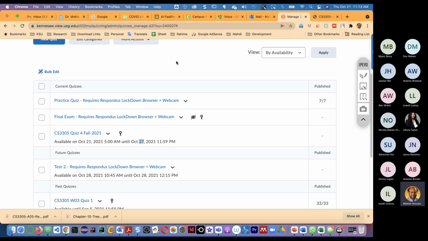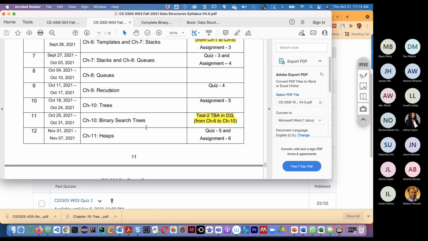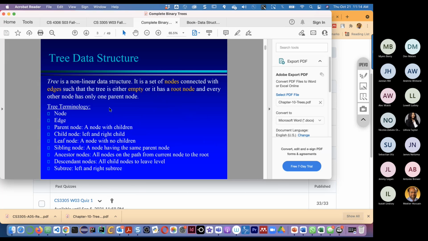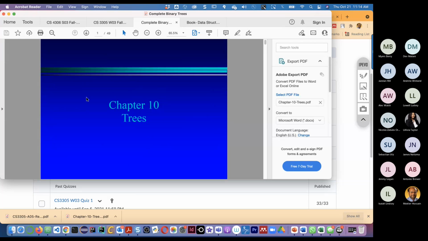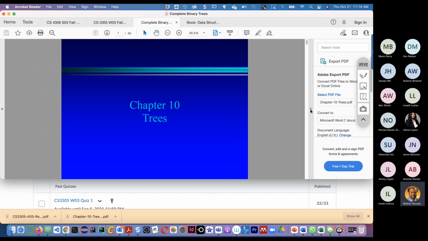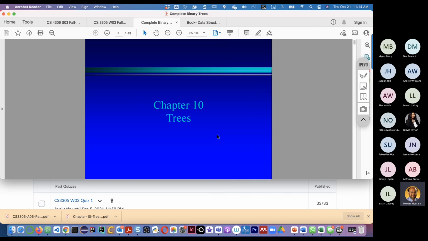Okay, so now let us go to our lecture. We are discussing trees. A tree is a non-linear data structure, right?